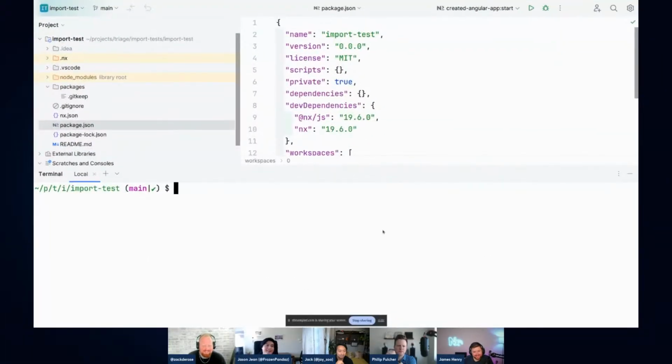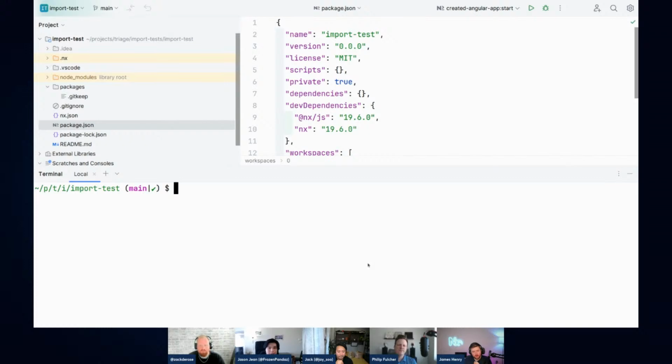So, NX import. With our clients in the past, we generally get the call and they're like, hey, we have 15 different repos and we want to merge it all into one monorepo. And it's been a very laborious process with each of those requests. But in the future, no more. A lot of people don't start with a monorepo in their company. They have other repositories out there and they have tons of Git history and they want to merge it into their monorepo once they start seeing how great monorepos are for their workflow, right?